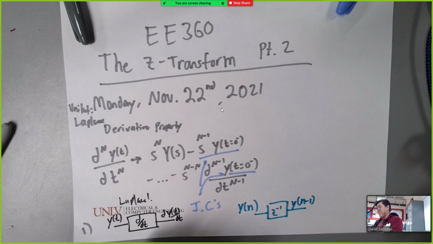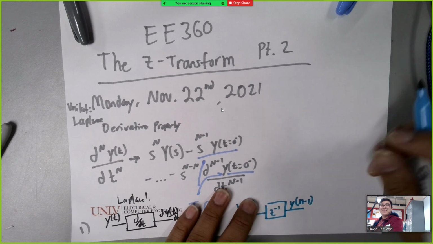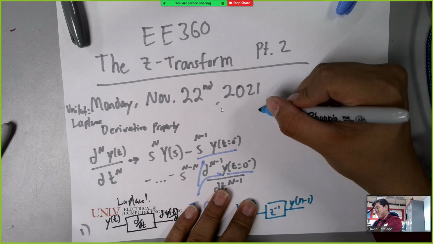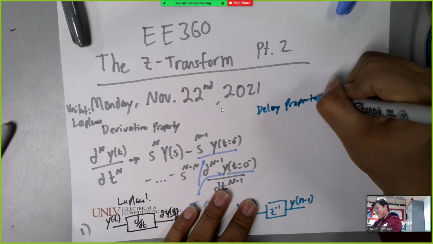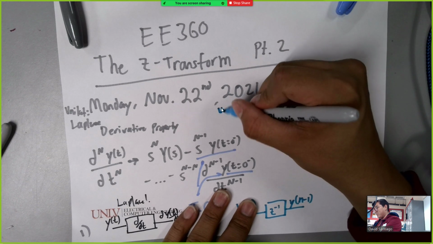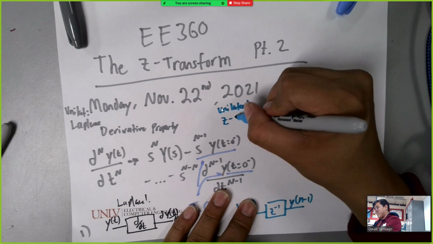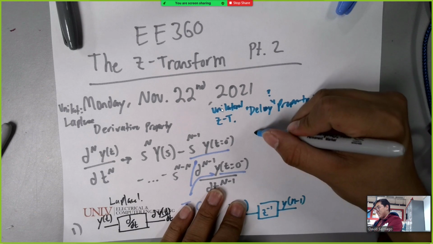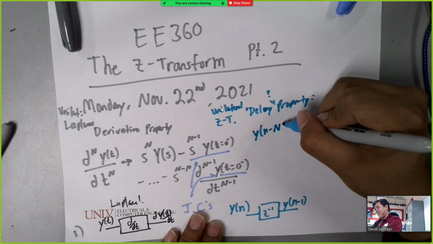So what I'm going to say is I think it's like the delaying property. It should be somewhere in the notes, delay or shift. Delay. I'm just going to write this there. For the unilateral z transform delay property, which states that if you have a form of y(n-n0), okay,